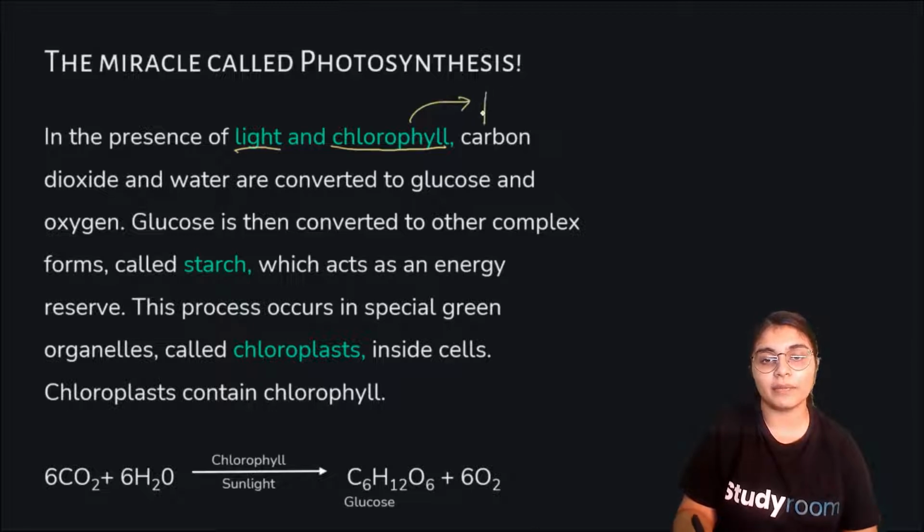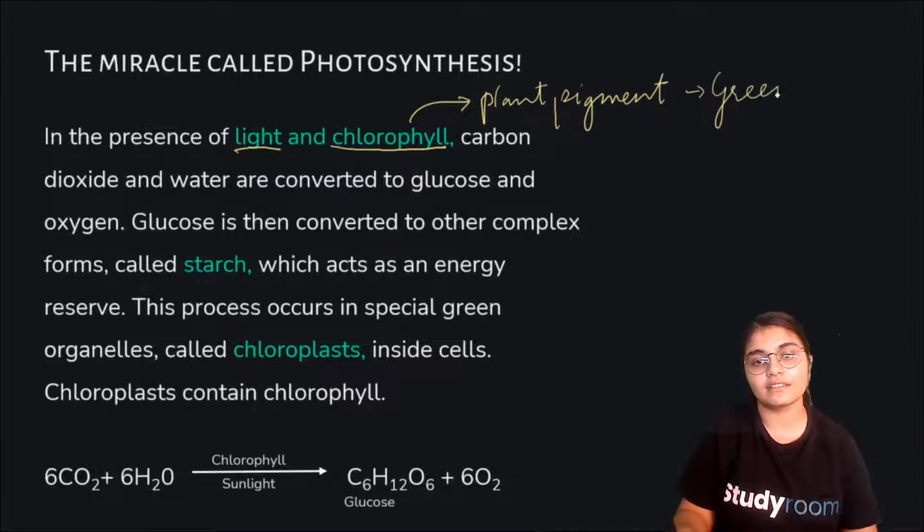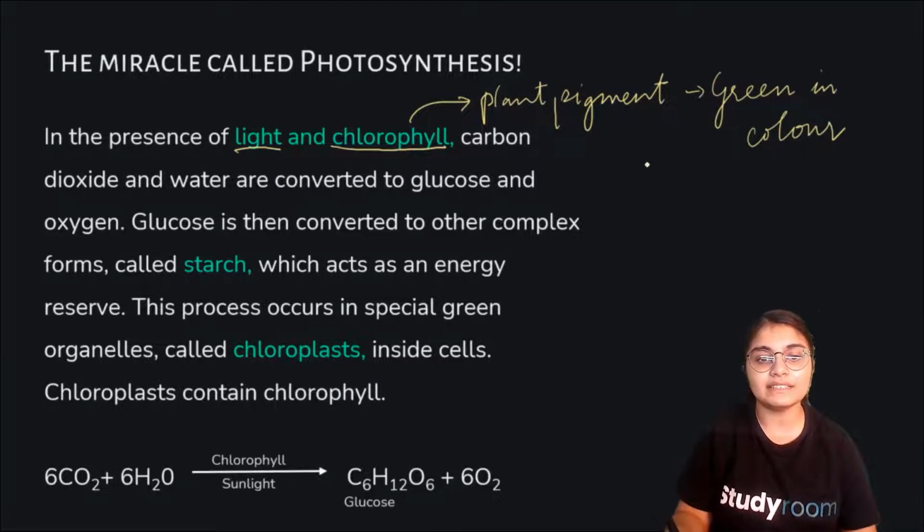Chlorophyll is the plant pigment. It is green in color. And where is it present? It is present in chloroplasts. And light and chlorophyll and carbon dioxide and water act together,